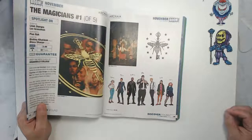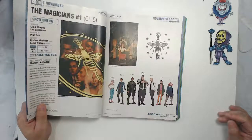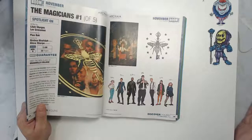The Magicians number 1 of 5, by Lila Sturgis and Lev Grossman. I'll probably be giving this one a shot when it comes out in trade, obviously. I reviewed